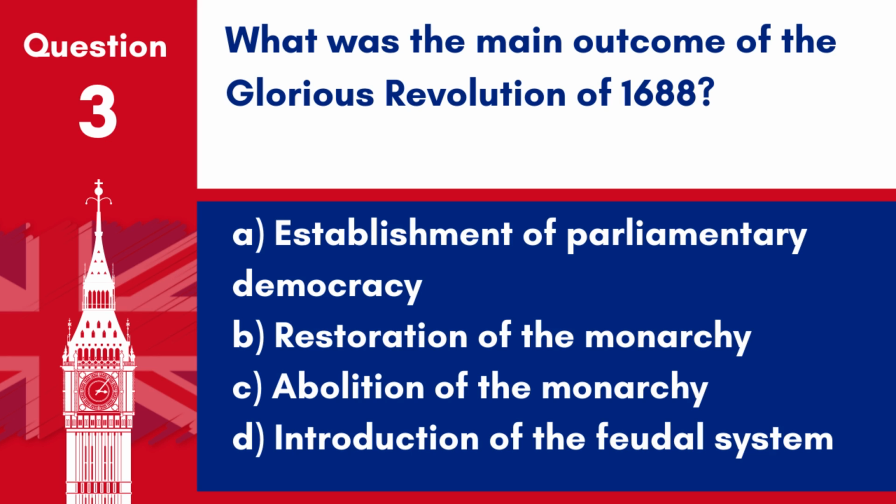Question 3. What was the main outcome of the Glorious Revolution of 1688? A. Establishment of parliamentary democracy, B. Restoration of the monarchy, C. Abolition of the monarchy, D. Introduction of the feudal system. Answer: A. Establishment of parliamentary democracy. The Glorious Revolution of 1688 led to the establishment of parliamentary democracy by asserting the supremacy of Parliament over the